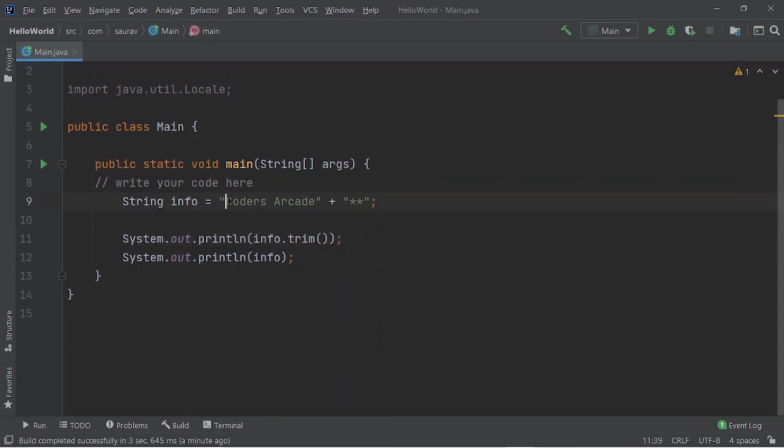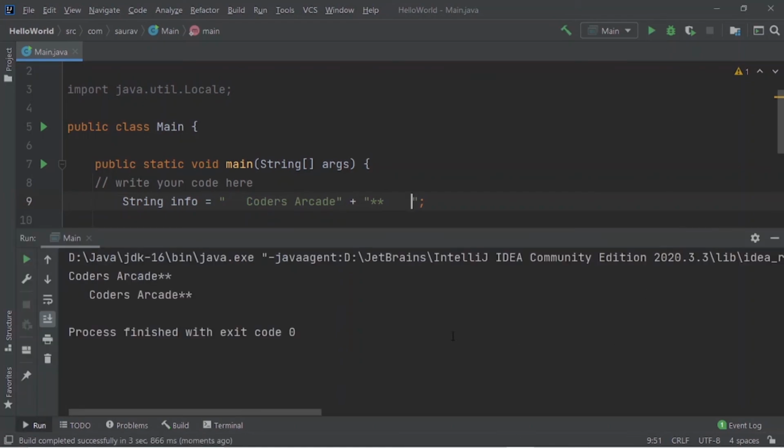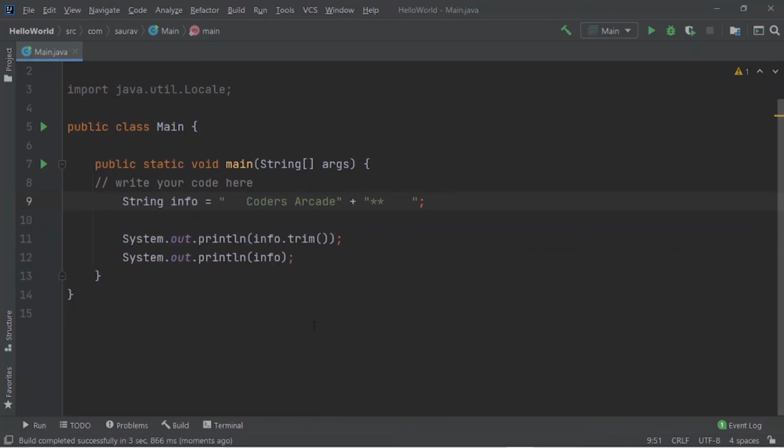I'm deliberately giving some spaces here in the beginning and also at the back, as you can see. After using this trim method, let me show you what is happening. I will run this. You can see this was the converted string where there are no spaces, and this is the original string. We have spaces in the beginning and spaces at the end. So this is the benefit of using the trim method.